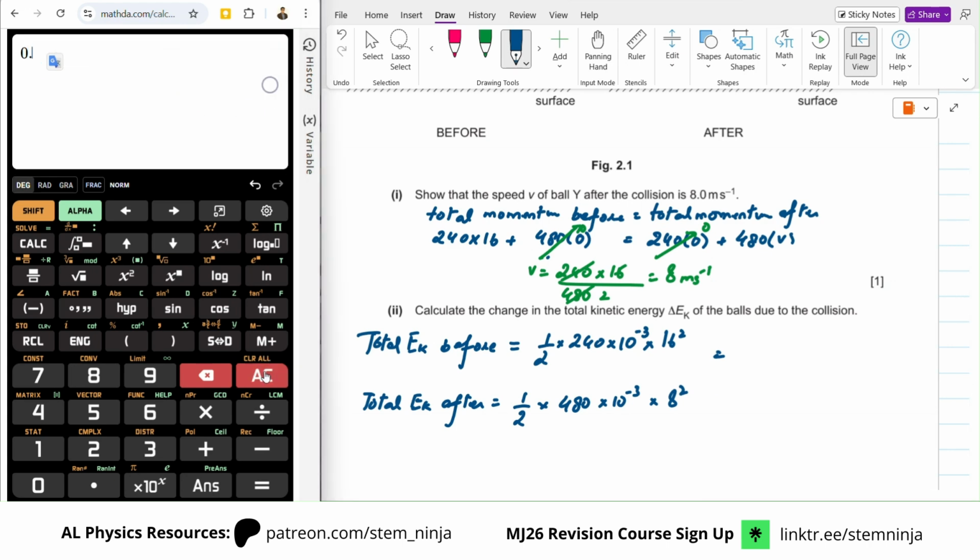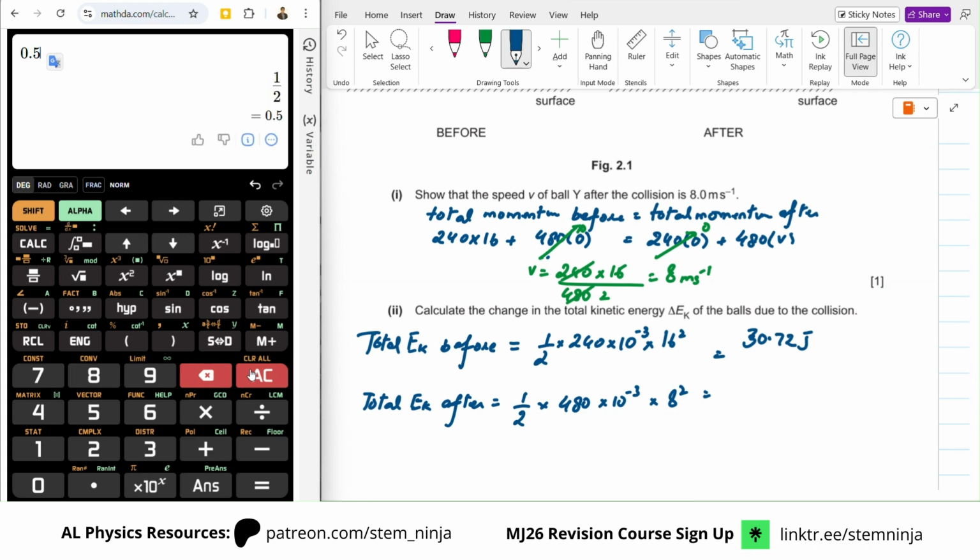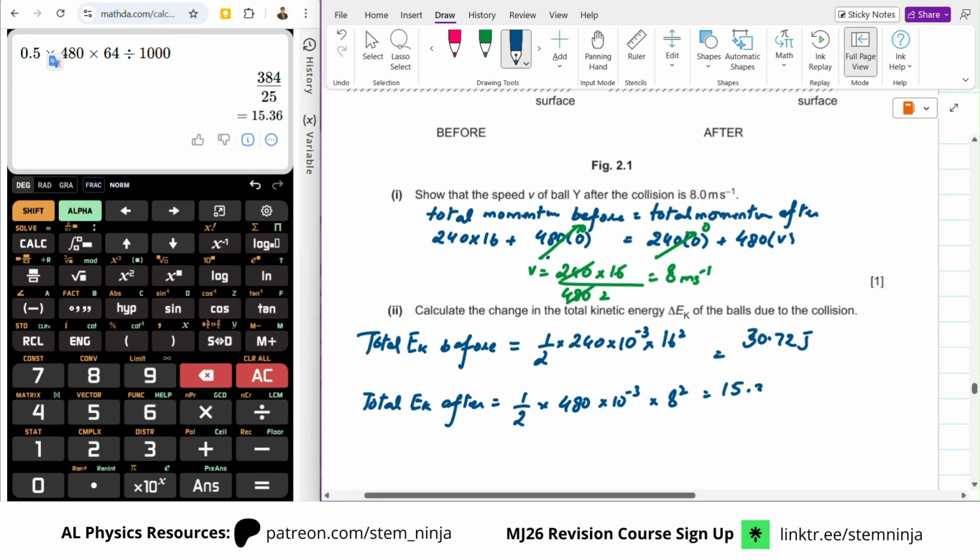So you have 0.5 times 240 times 16 squared divided by 1000. So this is 30.72 joules. This one, 0.5 times 480 times 64 divided by 1000. This is 15.36. So change in EK